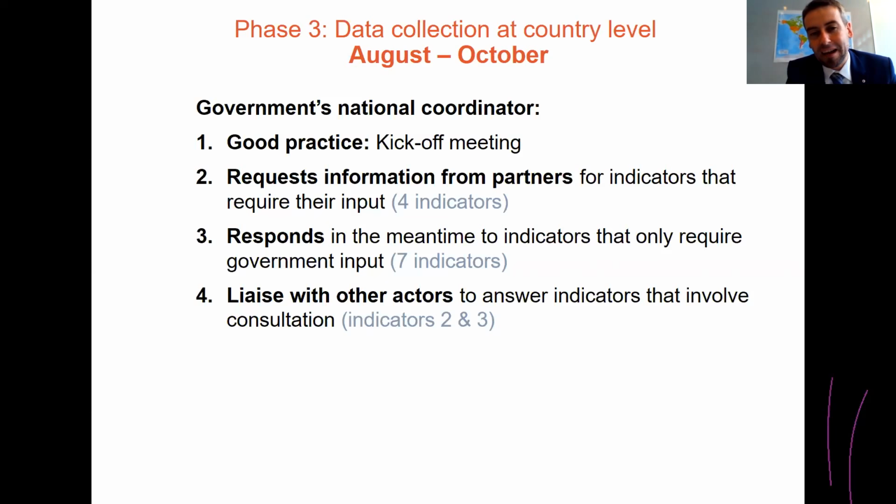And finally, there are a couple of indicators that require a particular input from other actors, domestic actors like the private sector and civil society. And while from our side, from civil society and private sector networks, we are collecting or trying to collect proposals of good candidates that could play the role of focal point for those actors in your country, it's of course the decision of the national coordinator who to engage in these processes. As my colleague Yuko was mentioning, it's very good practice to rely on existing platforms that you may have of engagement with civil society organizations or with the private sector representatives.